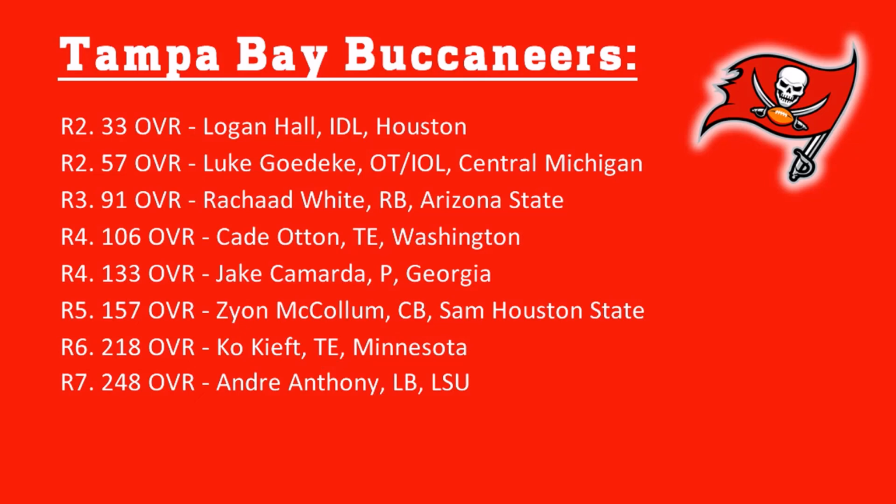With O.J. Howard now gone and the status of Gronk still being unclear, the Bucs needed to invest into this tight end room, and I believe at least Auden is a high quality number 2 who fits what they want to do there. Dan Camarda, the punter, was the one guy at the position that I didn't expect to hear